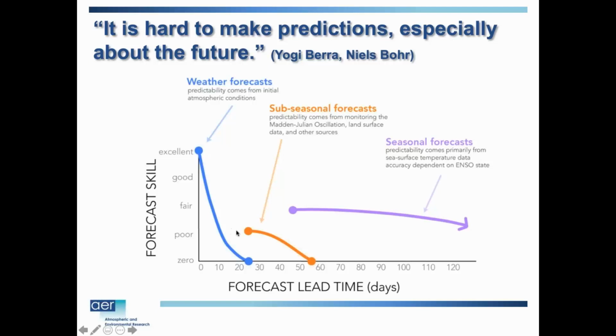That's like the 1 day to 2 week type forecast, and of course we're really good in the first few days, and then that quickly drops off once we get beyond 5 days to a week. Then we have the seasonal forecast, which doesn't have as good skill or accuracy, and I think over the course of my career, I don't think there's been much improvement in that. It's been a stubborn nut to crack. It's been very challenging.